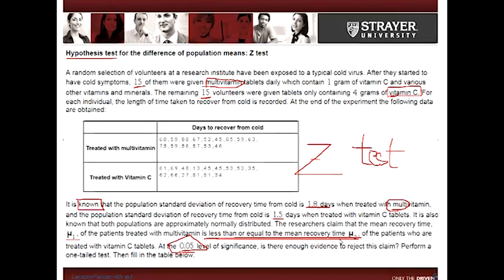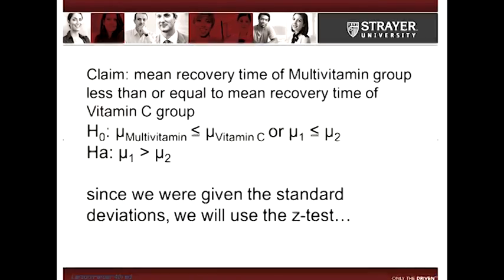So our claim is that the mean recovery time of the multivitamin group is less than or equal to the mean recovery time of the vitamin C group. So H0 is going to be that the mu of the multis is less than or equal to the mu of the vitamin C, or mu1 less than or equal to mu2. Therefore, the alternative will be